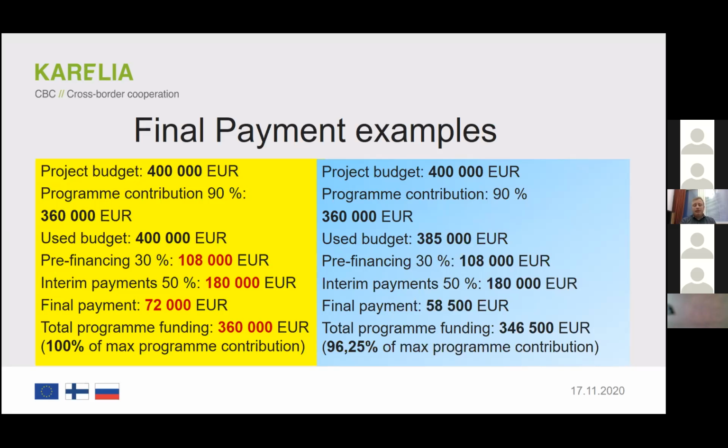In the first example, as the whole grant is used, the final payment is a full 20% of the total grant, 72,000 euros. However, in the second example, the payment amounts only to 58,500 euros. This is because the total program contribution is 90% of total eligible costs that have been realized. As there are only 385,000 euros of eligible project-related costs realized, total program financing is 90% of that sum, which is